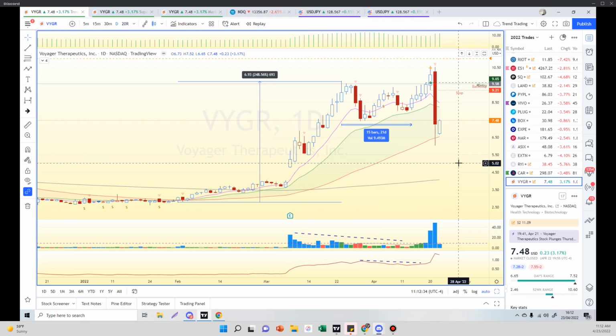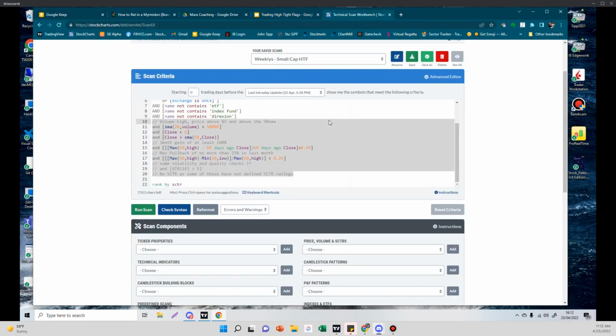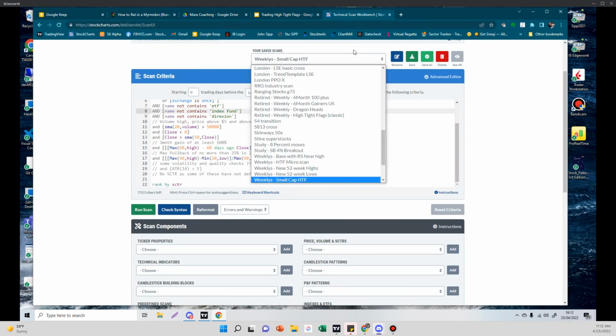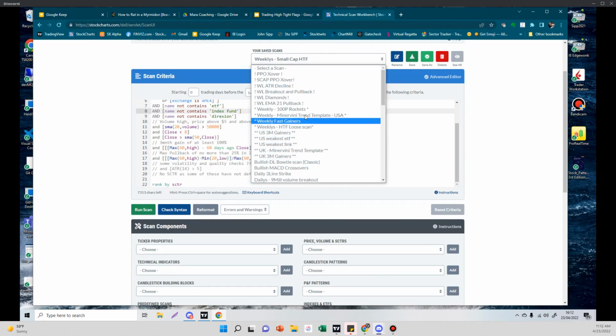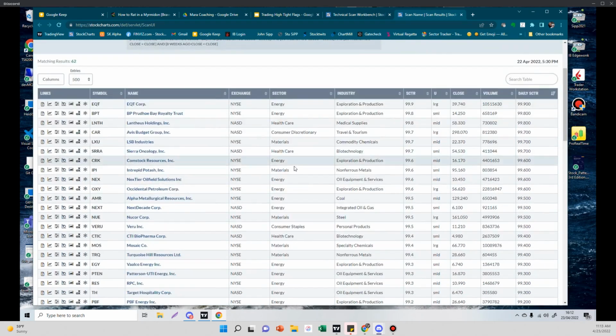So essentially that was my run through on high tight flags. If anybody wants to see the scan, I can do this. So if I go and do my weekly high tight flag scan, I'll run it. We've got 62